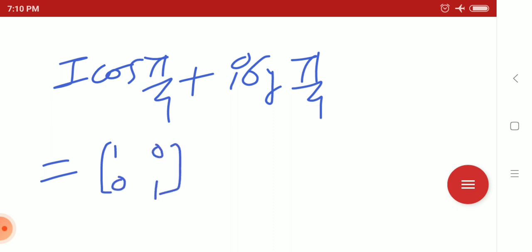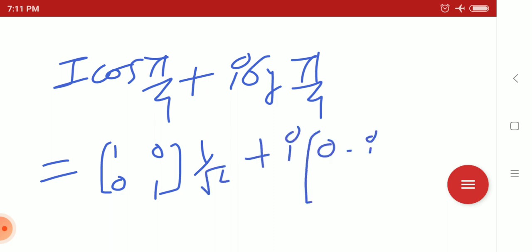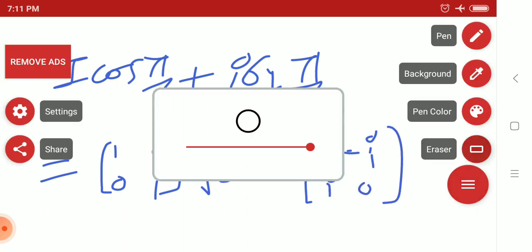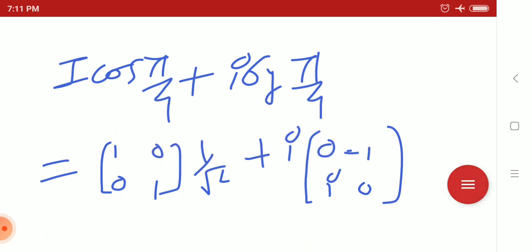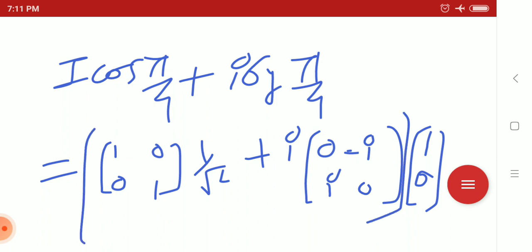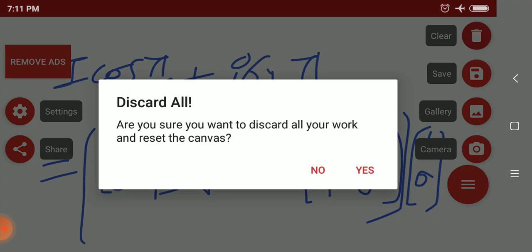Cos(π/4) is 1 by root 2, plus iσ_y, where σ_y is [0, −i; i, 0], which we will operate on [1, 0]. So now just do the calculation. After the calculation we will get,